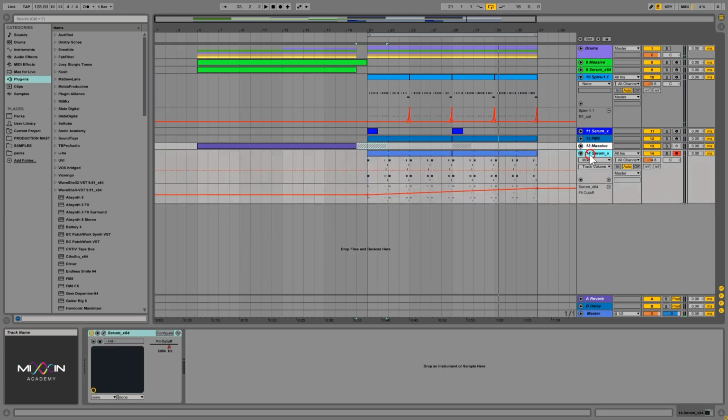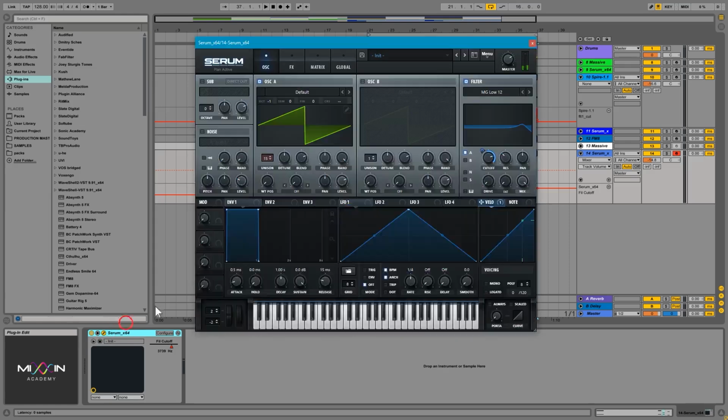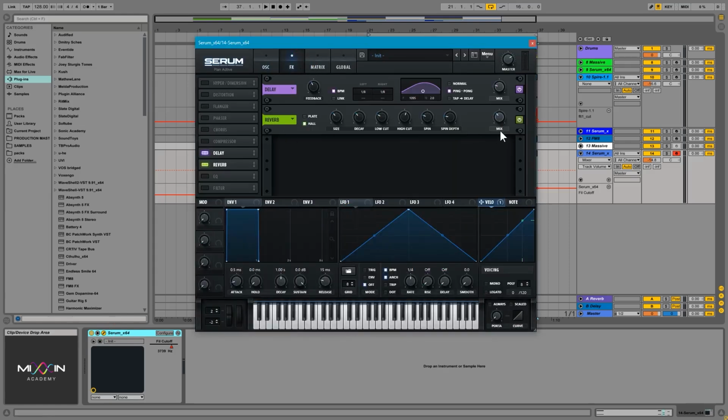I like that. That's good. Now what I would also like to do is play with the reverb that is actually inside the